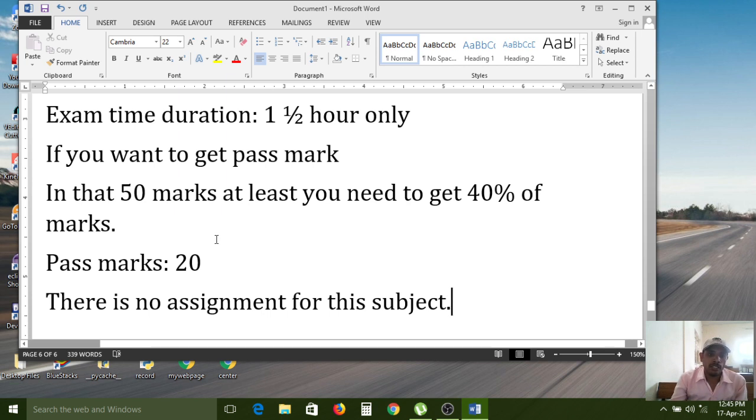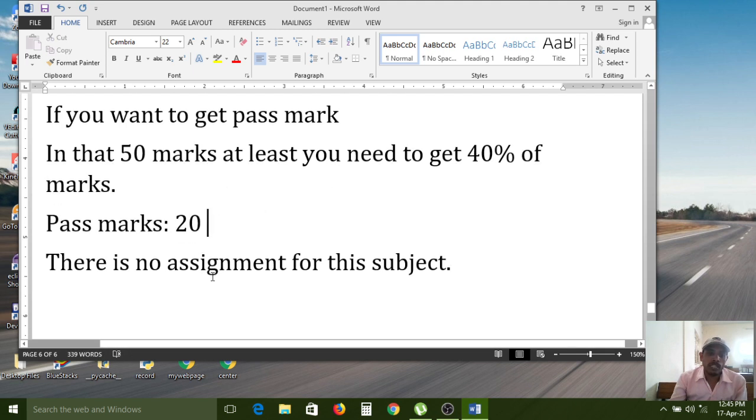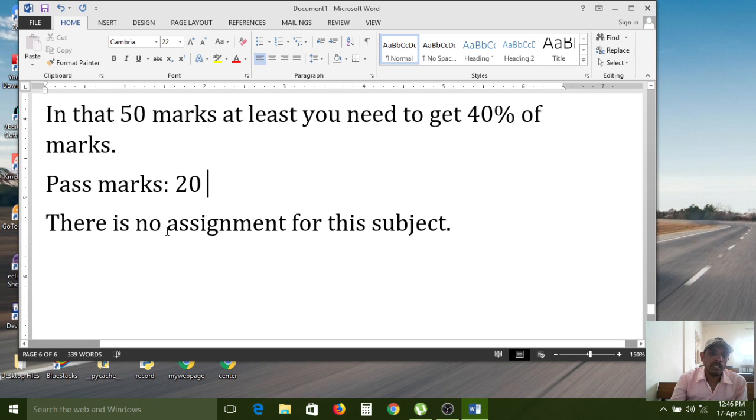The total marks are 50, so 40% is 20, which is the pass mark. If you get 20 marks, you automatically pass that subject. Don't worry about assignments, and don't take any burden to write them, because there is no assignment for this subject.